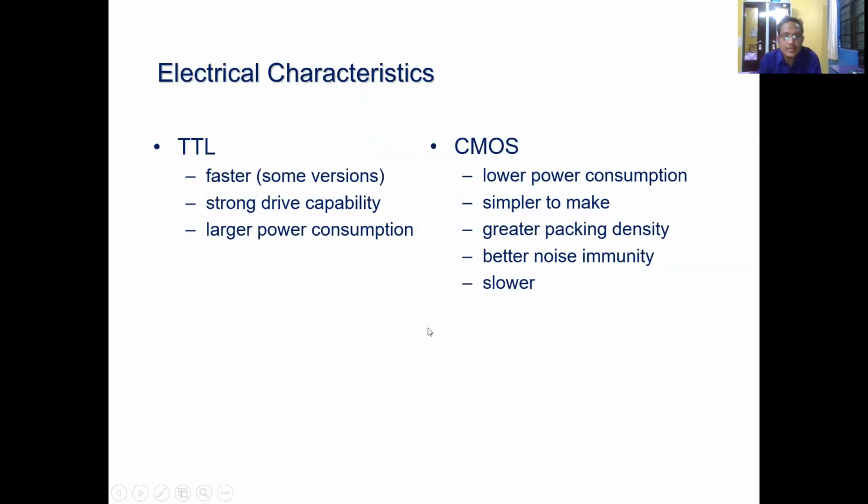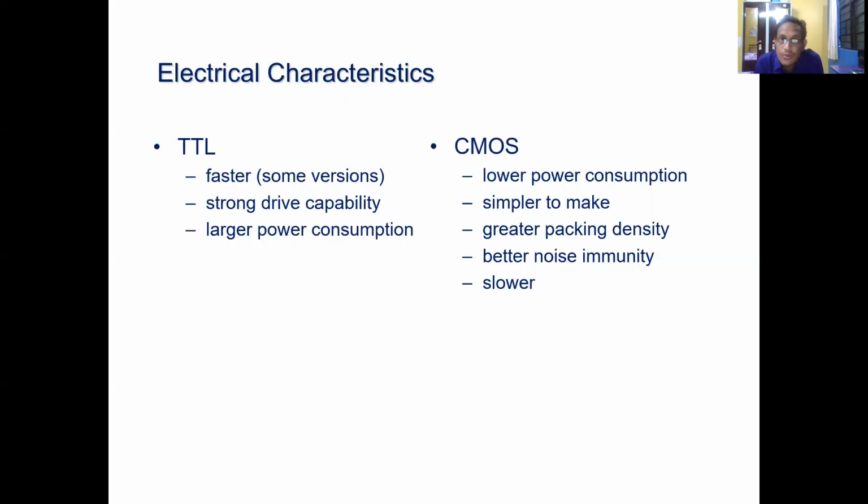So these are the electrical characteristics. Now we will compare TTL and CMOS, starting from standard TTL and standard CMOS. As I said earlier, the construction of TTL is done using BJT. BJT is faster as compared to CMOS, so the speed of operation is faster in the case of TTL. This is the biggest advantage of TTL. While CMOS, as the construction is obtained using the MOSFET, has a slower speed of operation as compared to TTL. The CMOS IC is slower as compared to TTL. This is the major limitation of CMOS. I'm talking about standard TTL and standard CMOS. What is the meaning of standard TTL?